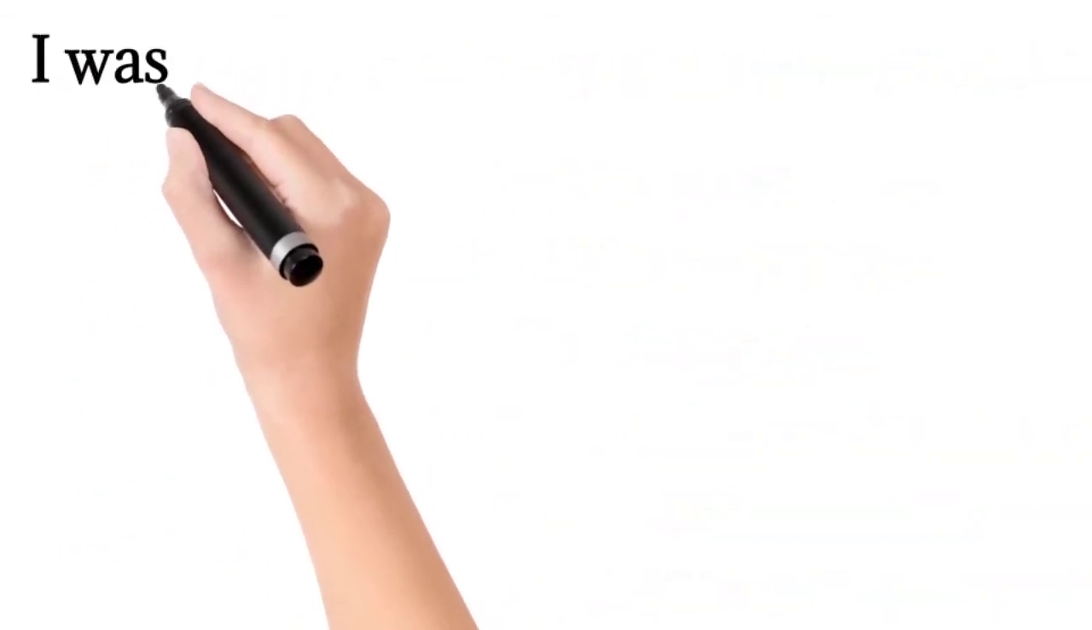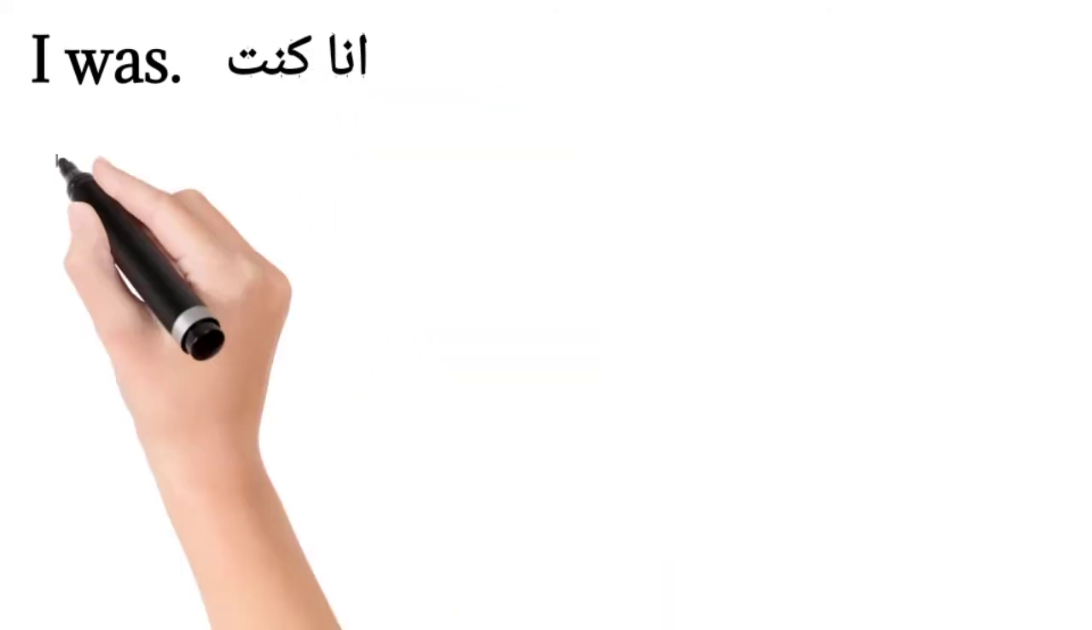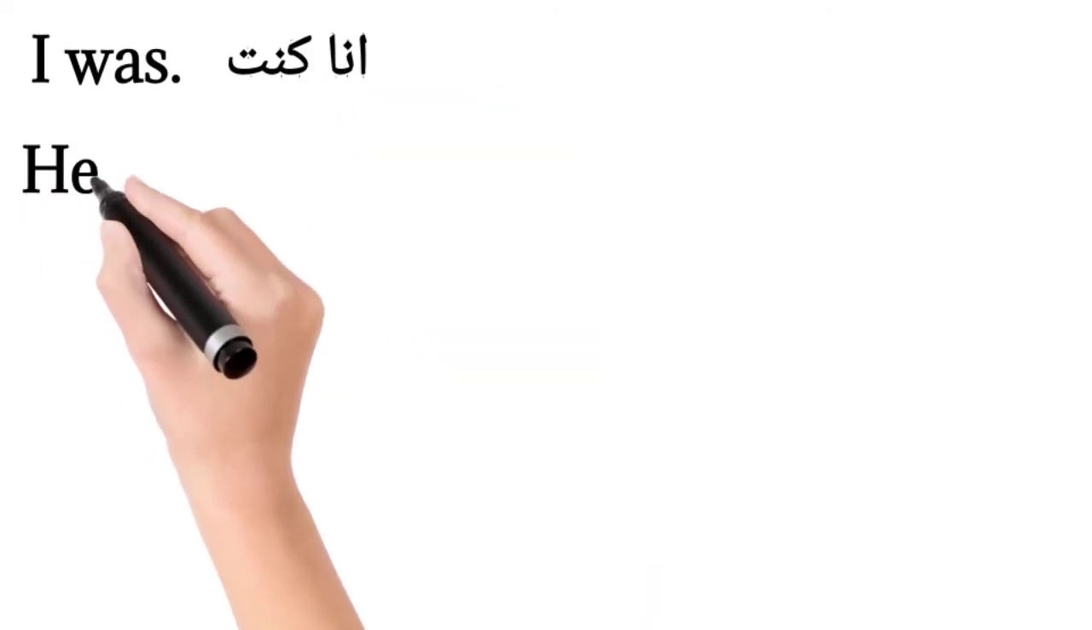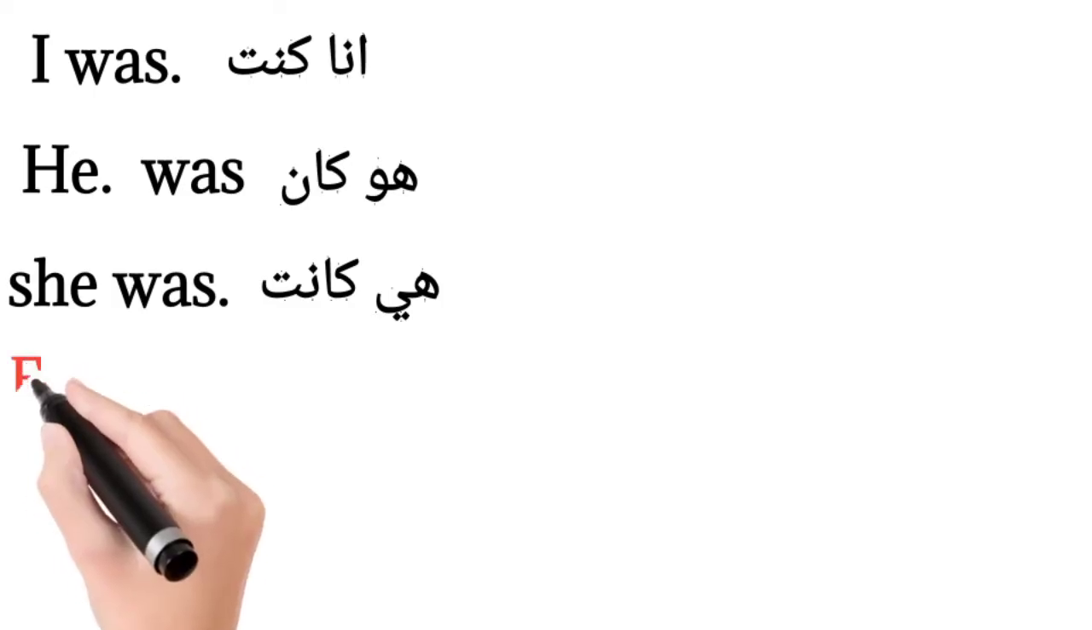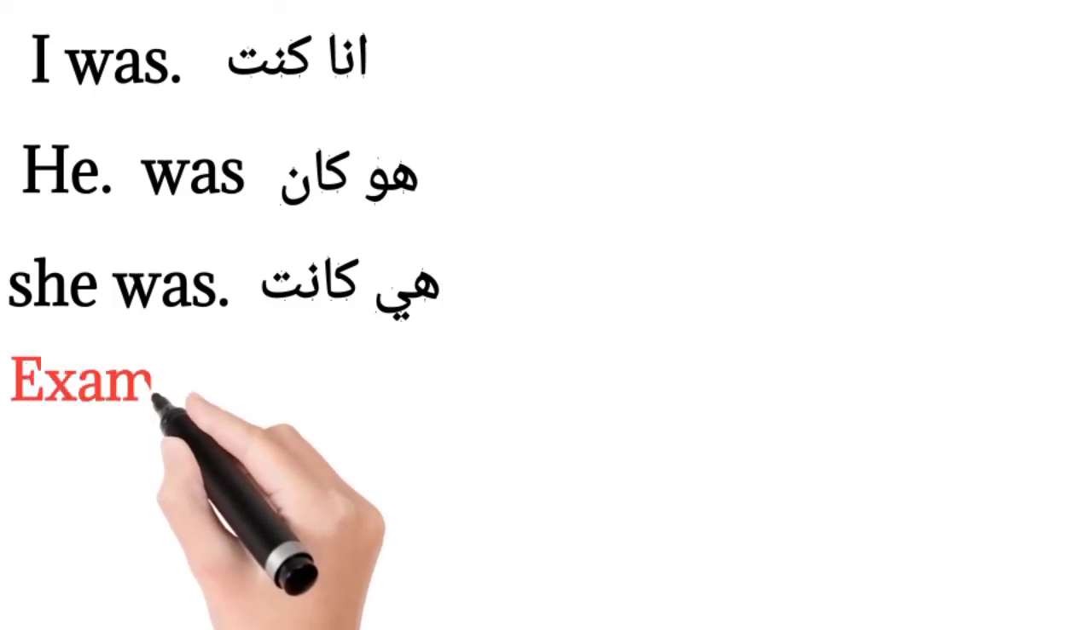All pronouns come with verb to be, am or is or are, to use the main verb and the helping verb. I was أنا كنت. He was هو كان. She was هي كانت. Examples: